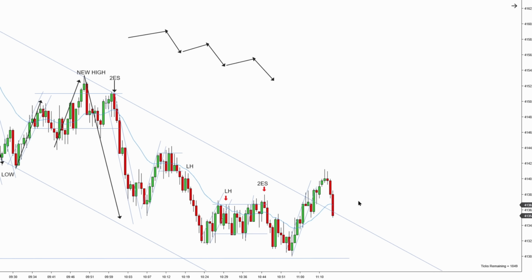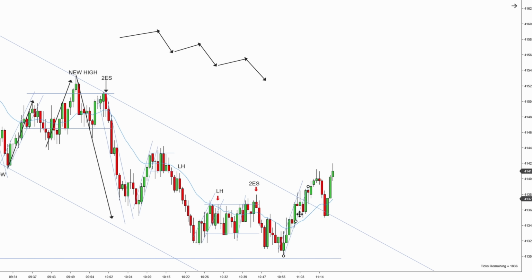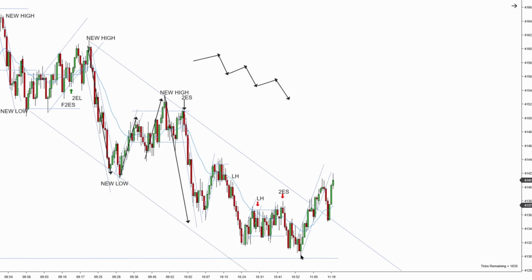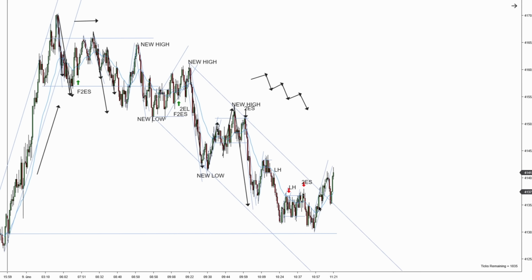Okay, I'm expecting failed second entry long, but prices keep pushing higher. Okay, so we're bouncing off the low today. So there is a chance that the trend line is slightly wider. So I'm just going to adapt. No problem in adapting. Don't argue with the market. You can see we bounce off the low today. So you may definitely get some stronger uptrend. That's definitely to be expected.